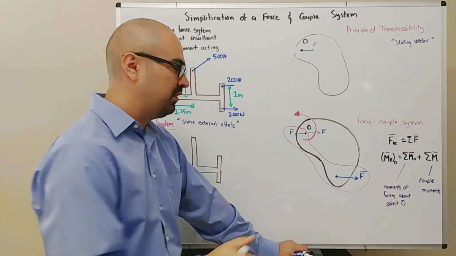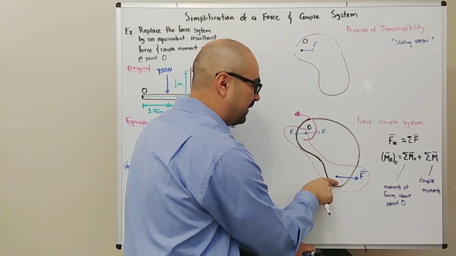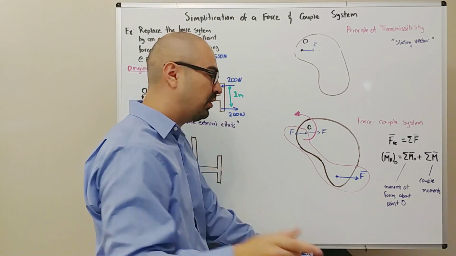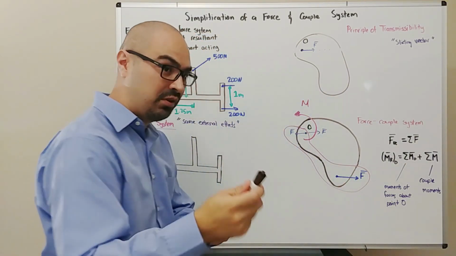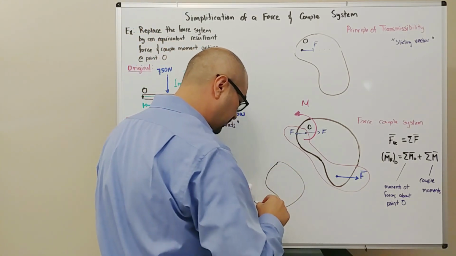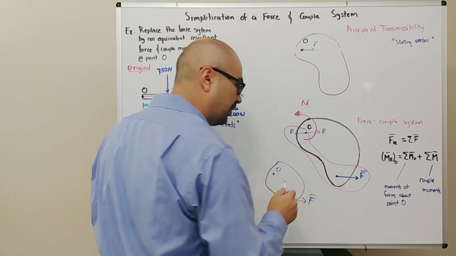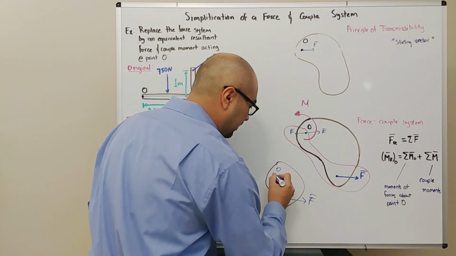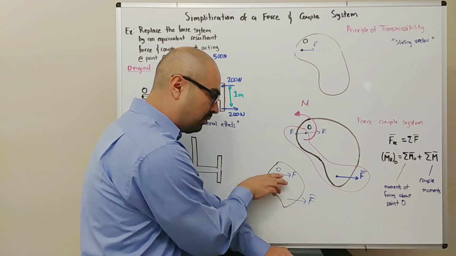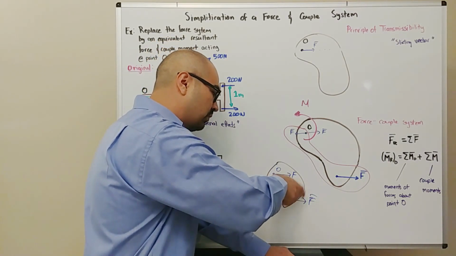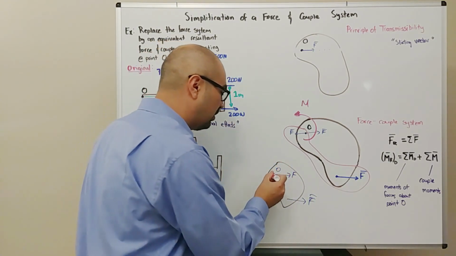So the moral of the story is, if I want to move a force that is acting on a body to a point that is not in its line of action, I can do so, but I must also capture this couple moment. Another way to think about it, a very quick one: say you have your arbitrary body with this force acting on it, and we want to figure out what's going on at point O. Very quickly, just slide that vector over here, but realize we're pinning this body here. So not only do we have the force translating, but also something that wants to rotate it by this distance over here. So we're going to calculate